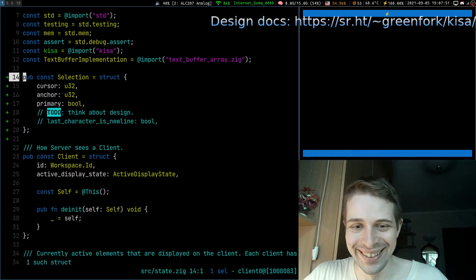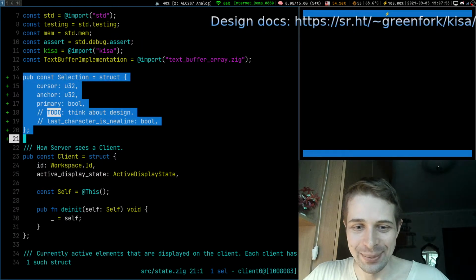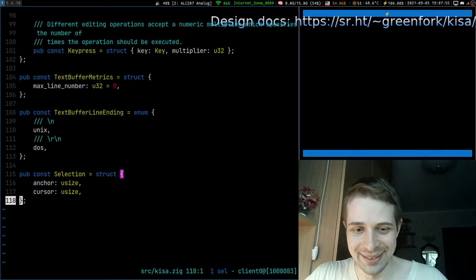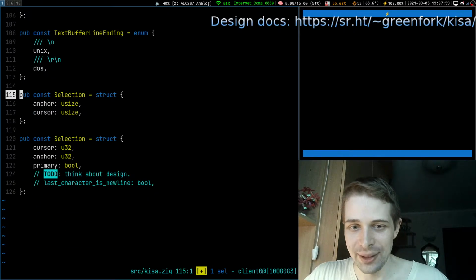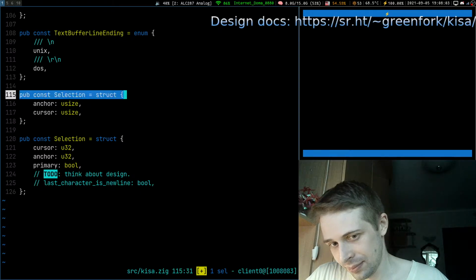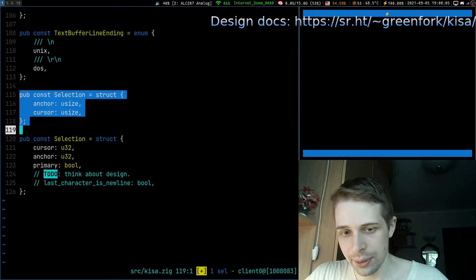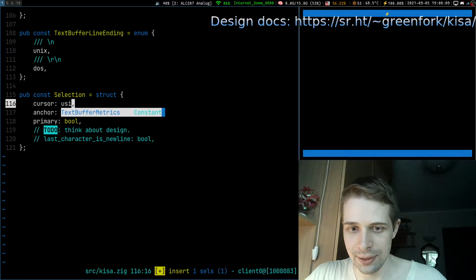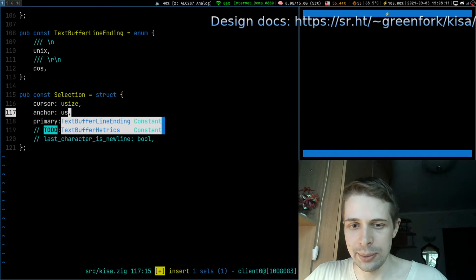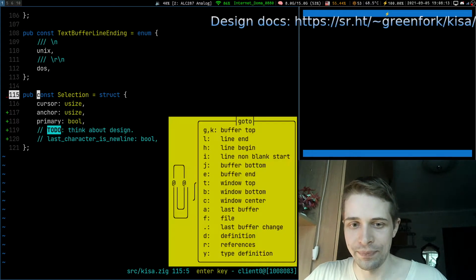Okay. Let's put it then here. Selection. usize or u32. Probably u32 is fine, but let's not be greedy too much. And we will change it back later.